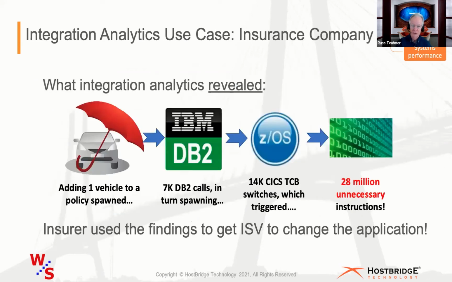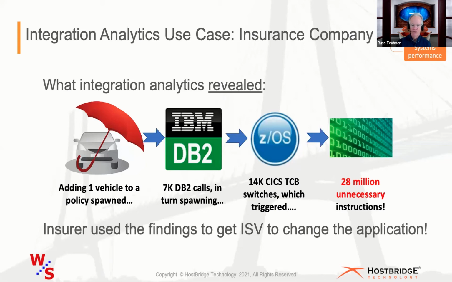This is an insurance company, and this insurance company does all their processing on a System Z. The application infrastructure comes from a vendor, and they've been scaling up, they've been growing, good for them, but this is one of those customers where they began to realize that doing something very simple that's in their best interest to do, like add a new vehicle to a policy, was having some sort of a bad interaction on the back end that was costing them way more than they expected. So we gathered the necessary data, we defined the objective, and what we were able to reveal is